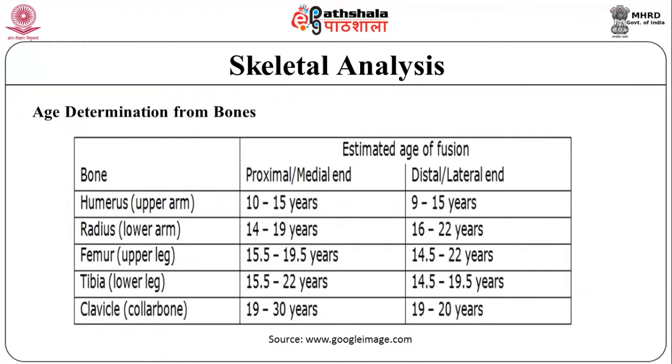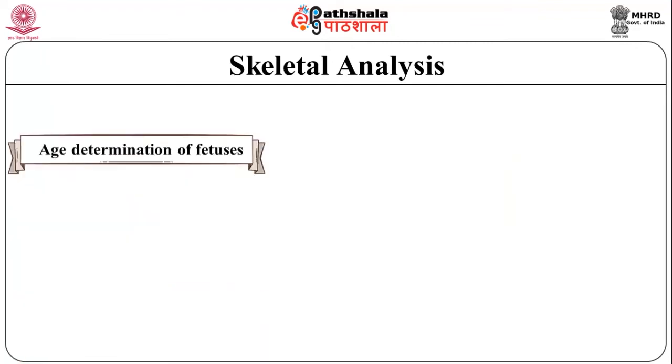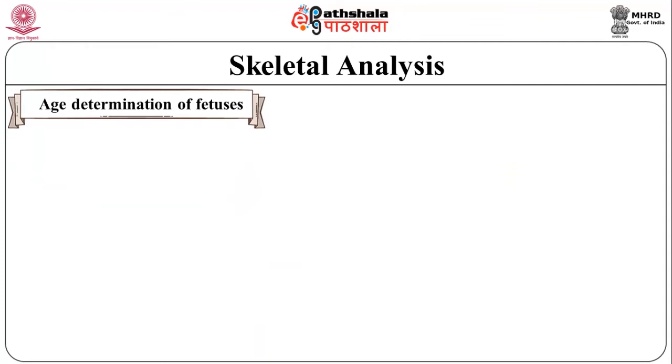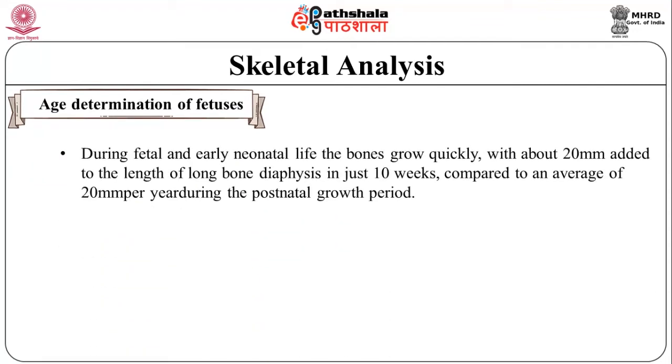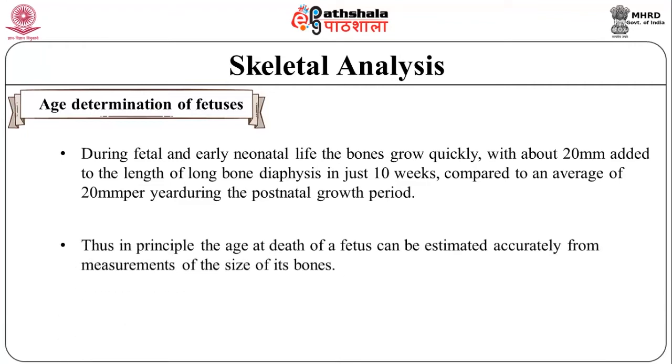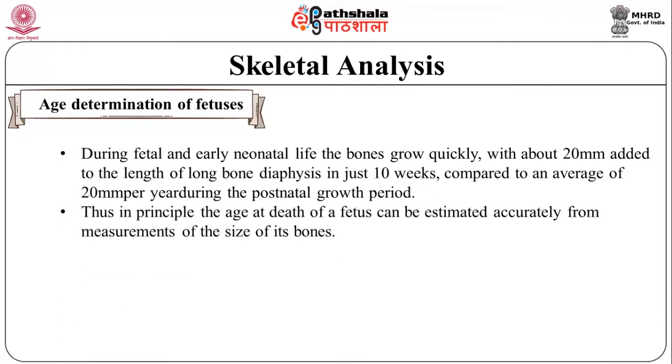This figure shows the age determination from the long bones including the humerus, radius, ulna, femur, tibia and fibula using their estimated age of fusion. Age determination of fetuses needs to be studied. During fetal and early neonatal life, the bones grow quickly with about 20 mm added to the length of the long bone diaphysis in just 10 weeks, compared to an average of 20 mm per year during the postnatal growth period. Thus, in principle, the age at death of a fetus can be estimated accurately from the measurement of the